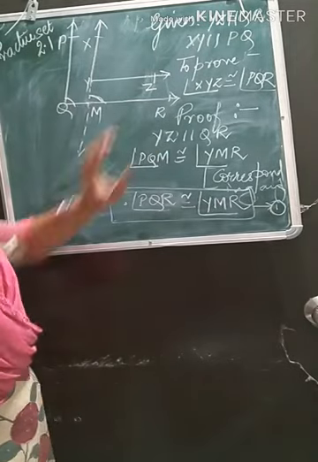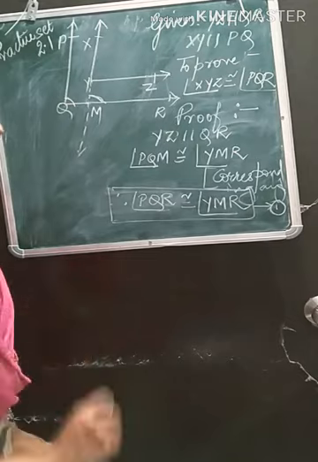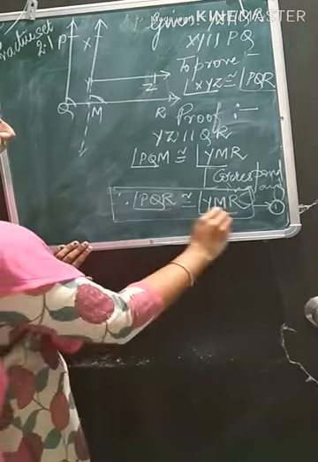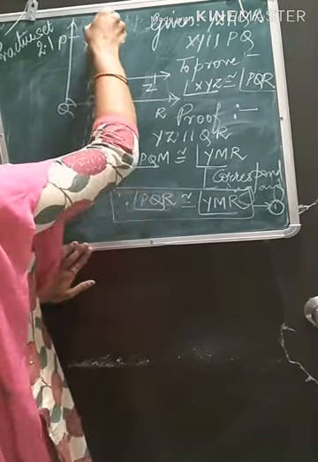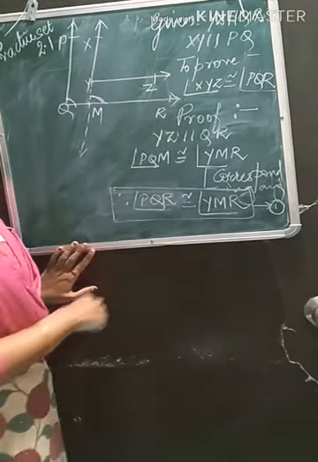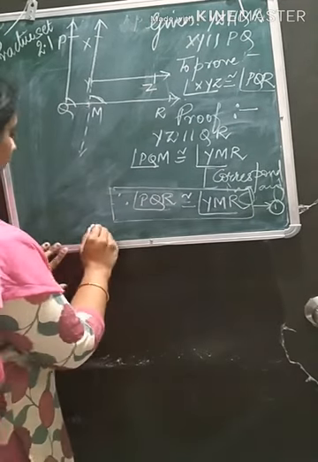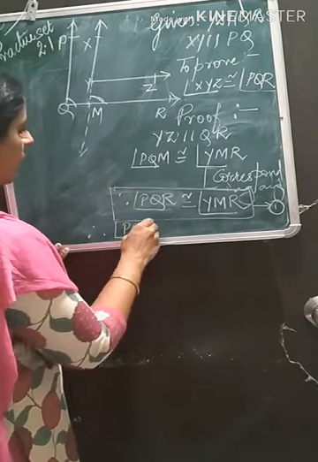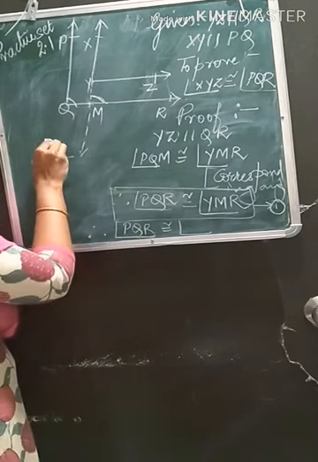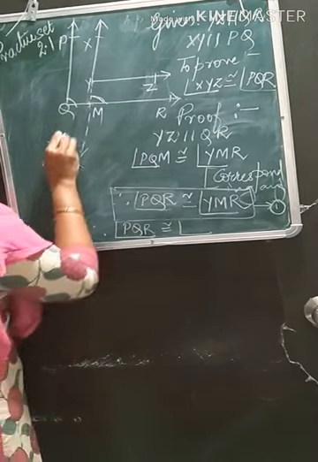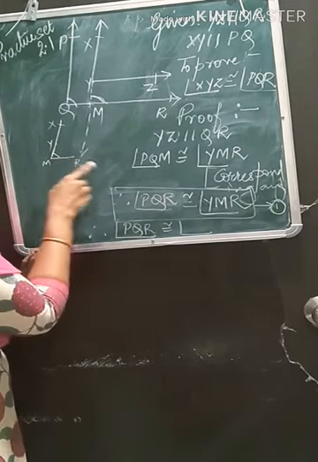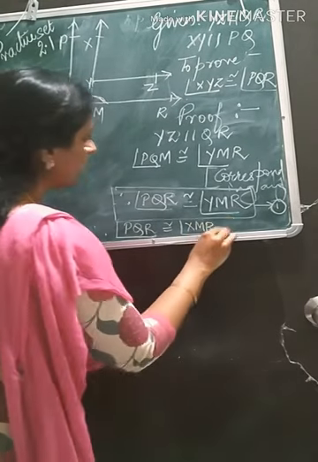PQM congruent to YMR. Now, few of you may be thinking, if I took PQM as PQR, why can't I take YMR as XMR? Correct, no? So we can take YMR as XMR. So let us write that. Therefore, angle PQR congruent to angle YMR. YMR is the small angle. We can extend this part also. And if you extend, you have XMR. So here I will write XMR.